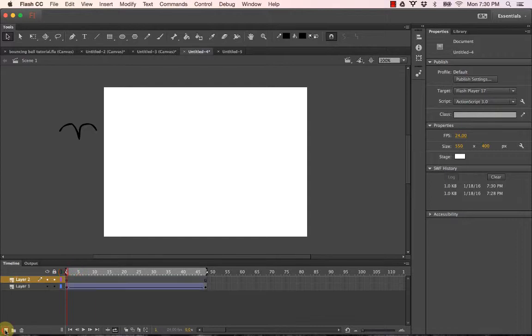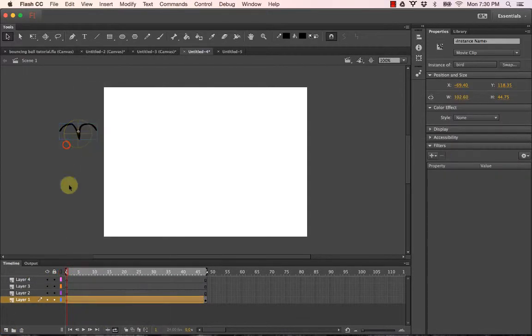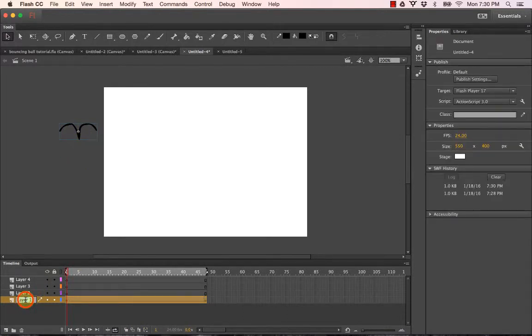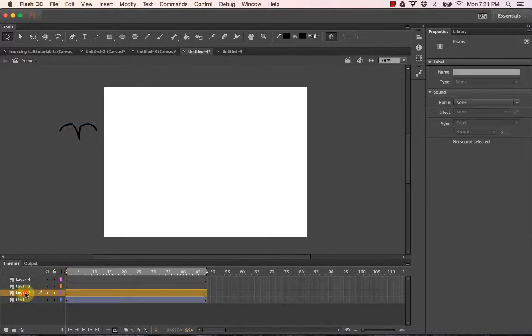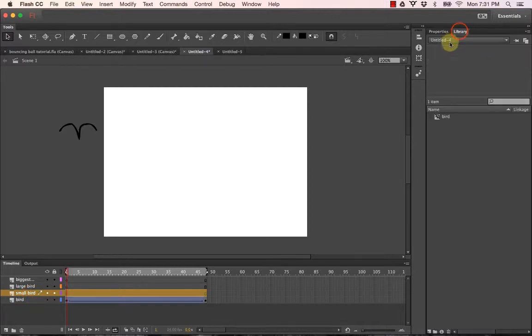Let's say I could have 4 birds on here. So we've got layer 1, let's name that bird. Layer 2 could be small bird, large bird, biggest bird. Okay, then over here on our library it lists all of our symbols. So here's bird. So let's drag this onto the small bird layer